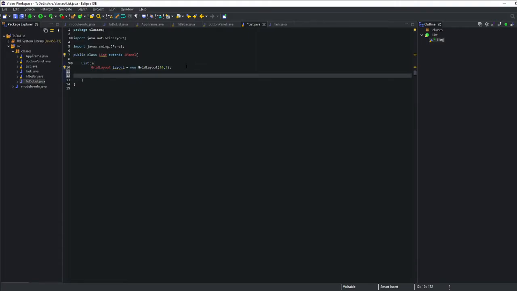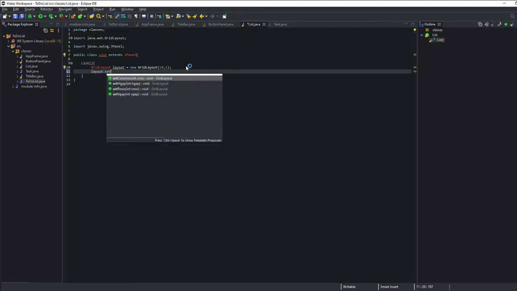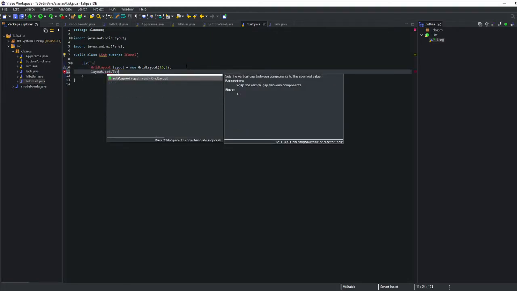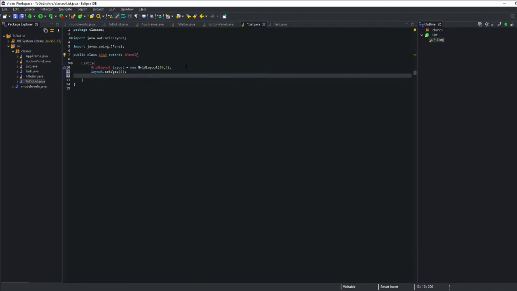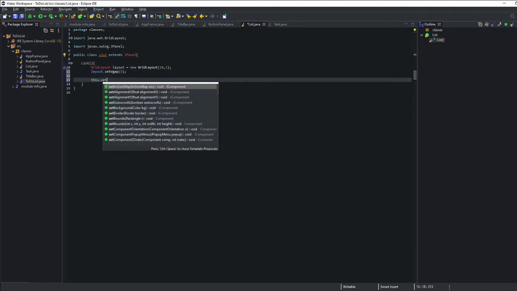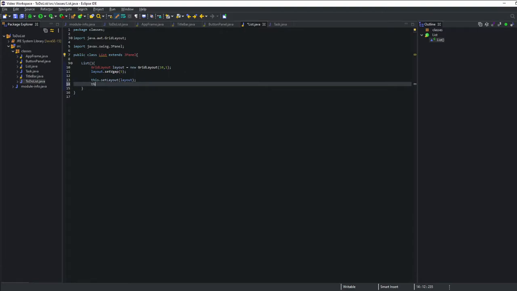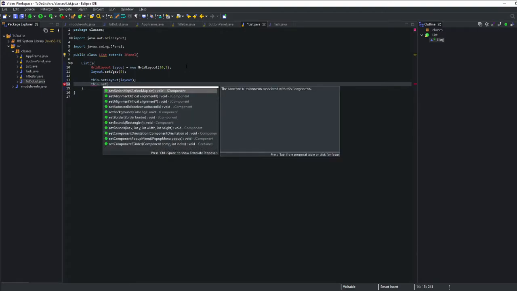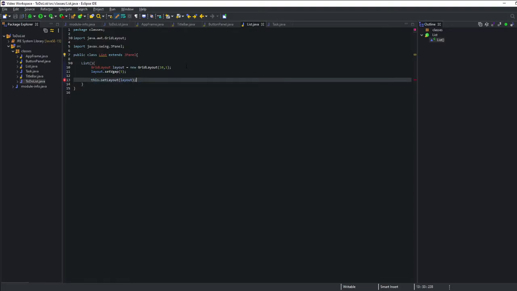And then I want a gap between them as well. So I don't want things right on top of each other. So let's do layout dot set vertical gap. I think it's lowercase g. Yeah. Let's just go with 5 and see how that looks. And then what I want to do is this dot set layout to layout. Okay. And I want to set the preferred size. No, I don't. I don't need to set a preferred size because I'm going to just put it in the